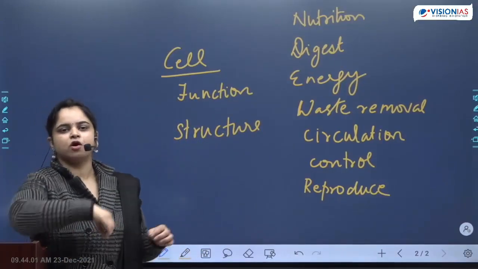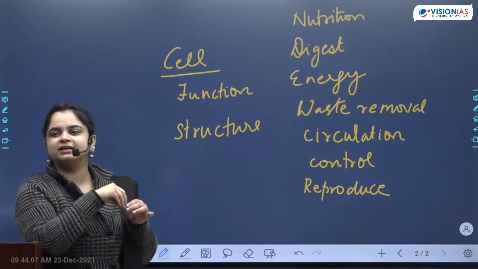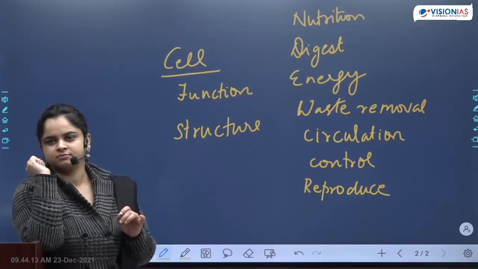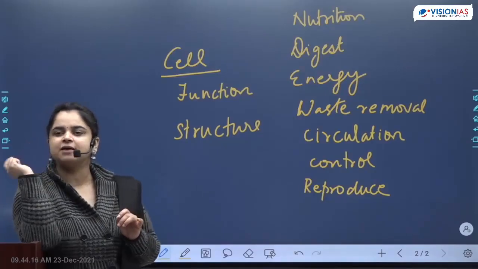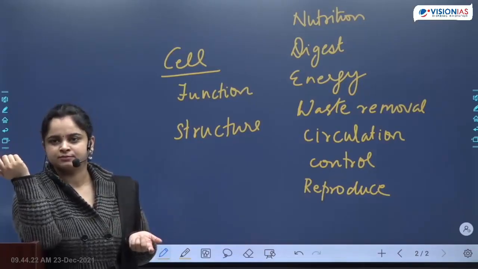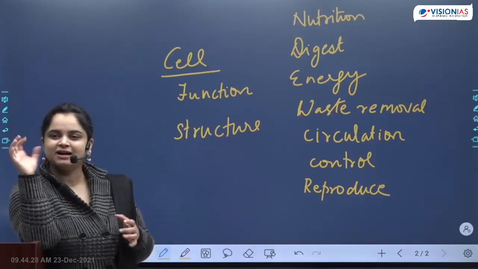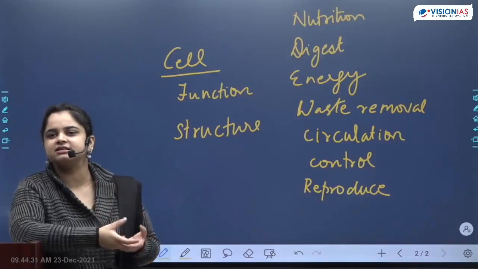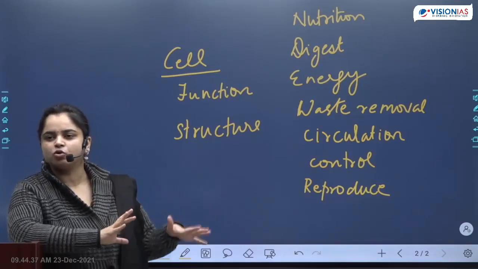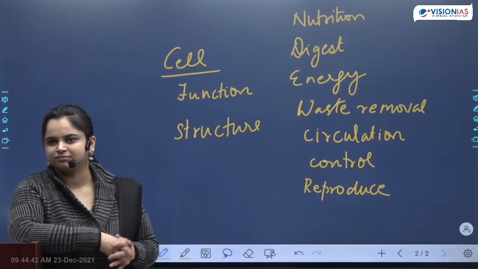That means from the smallest organism to the largest organism. So from the bacteria to the blue whale, everything is made up of cells. Cell is that unit which makes up all living organisms. Like in your body, we can have billions and billions of cells. In the body of an amoeba, there is only one cell. But it is the cell. The basic identity is the same. It is the basic form. It's like one brick which can be kept alone, or multiple copies of that brick can be used to make a building. That is the concept here.